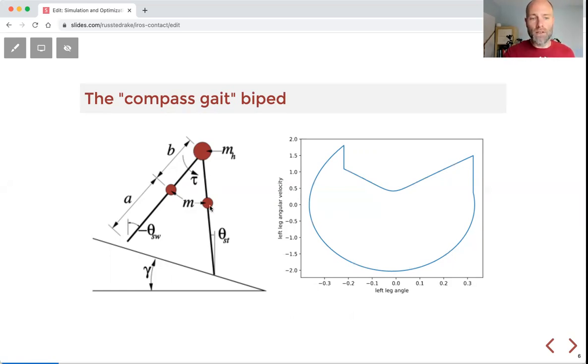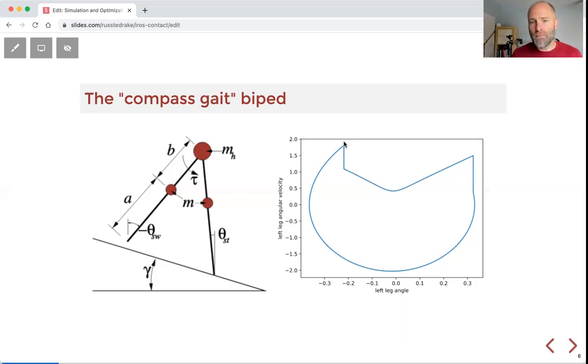If you plot the angle of the left leg as it goes through that limit cycle, it has this swinging through the swing phase, and then the foot will come in contact with the ground, and we have a discontinuous jump in velocity. The velocity discontinuously changes, loses velocity. Now it becomes the stance leg. It moves smoothly through its arc until the other foot collides with the ground. I have a discontinuous jump, and now I become the swing leg again, and I smoothly travel through that same path. It's amazing that this is a stable limit cycle even for a passive robot. That's a story you've heard before.